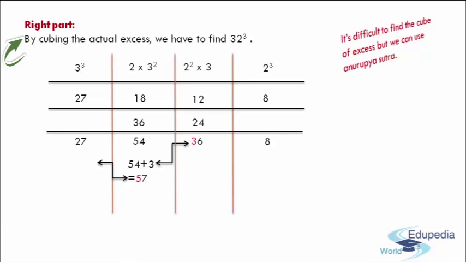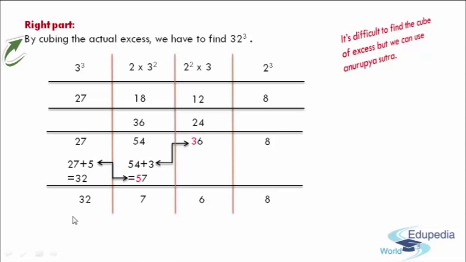So now by taking this 5 as carry on to the next part, that is 27 plus 5 we get 32, but here in the left part we can have as many digits as we want. After completing the process of special rules of additions and carry-ons, I'm going to have one more horizontal bar like this, and I'm going to write the digits over there. So 8, here I have to write 6, and whereas here I have to write 7, and here I should write 32. And therefore finally we can say that 32 cube is equals to